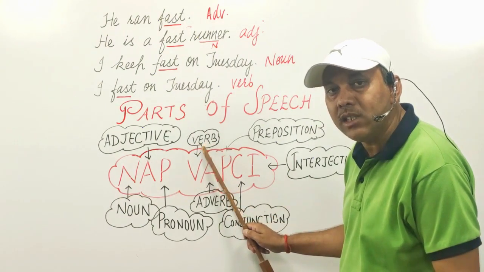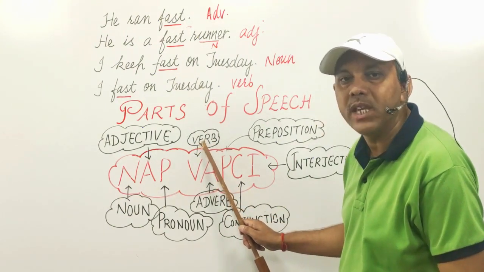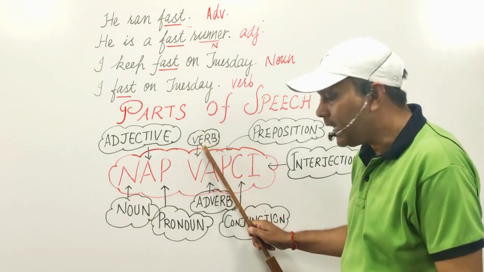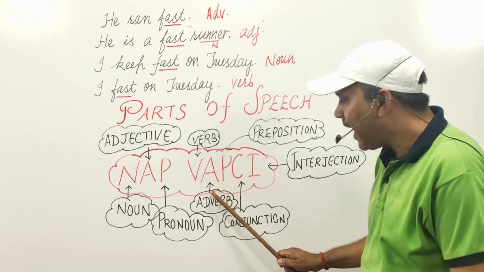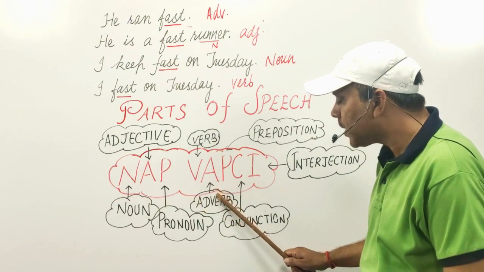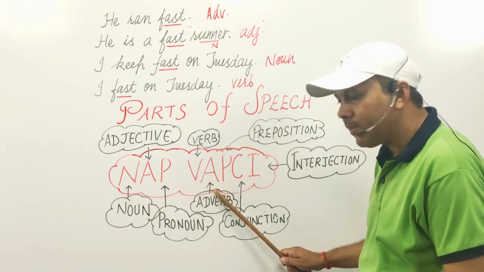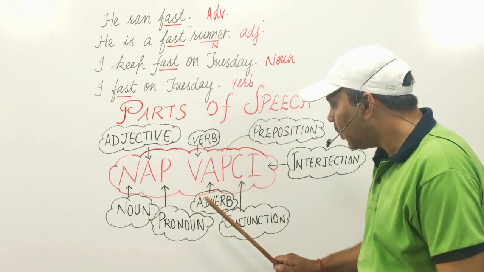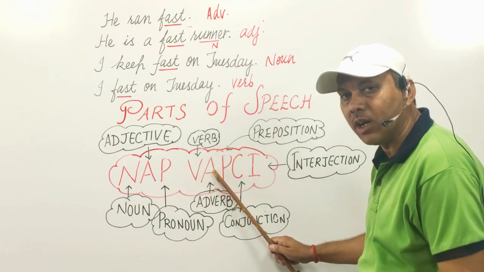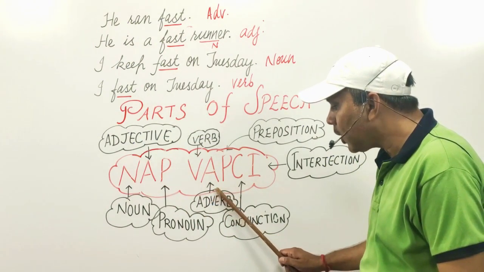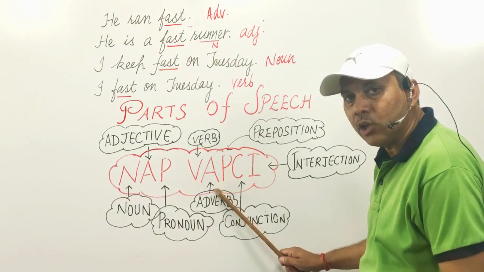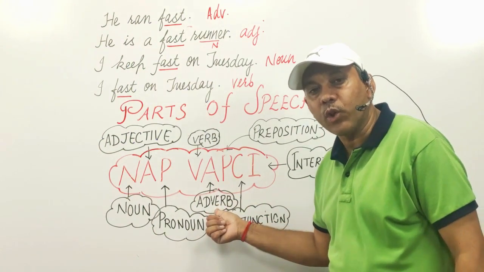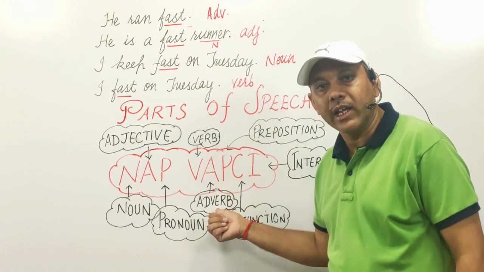All the verbs are either action words or state of being words. Now adverbs. Adverbs are the words which qualify or define a verb. They also define an adjective. They also define another adverb in a sentence. They can also play the role to qualify the whole sentence. Adverb plays a number of roles in a sentence in English grammar.